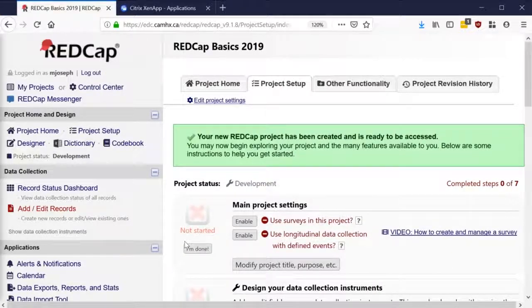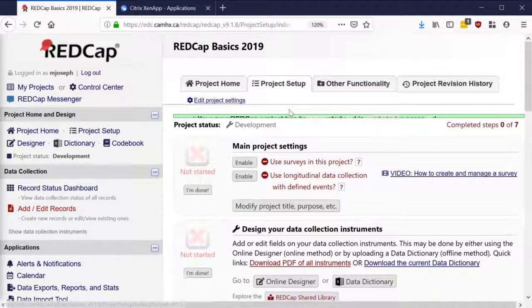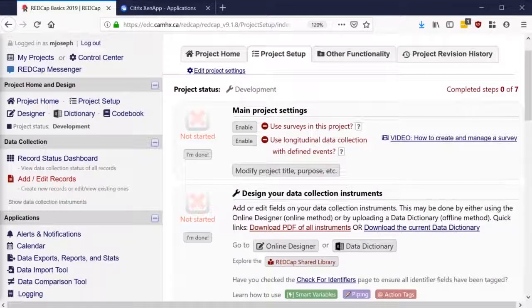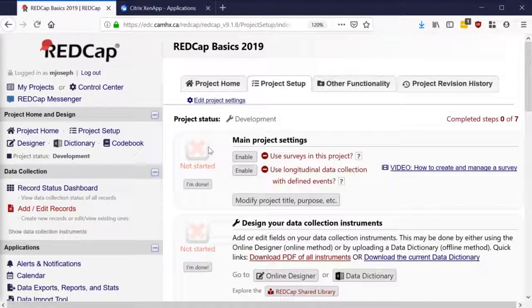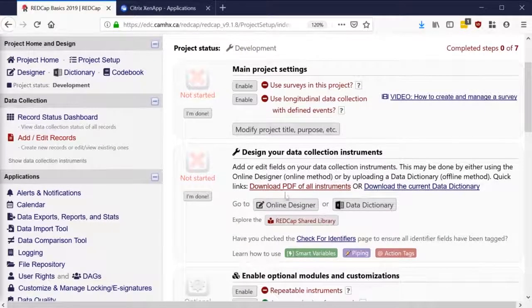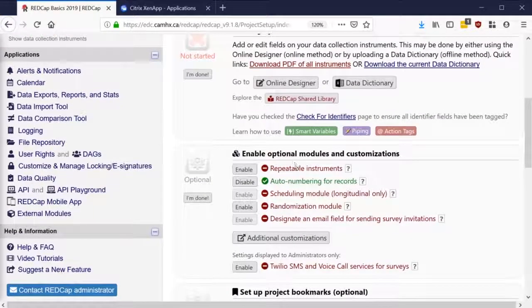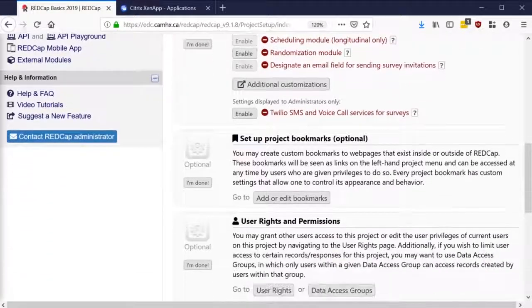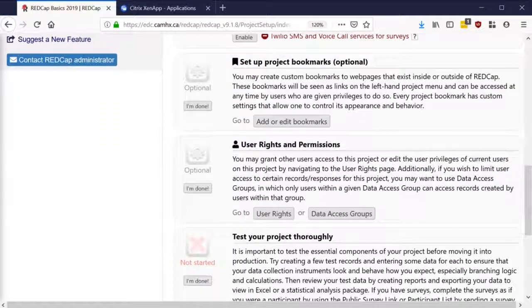So once you've created your project, you'll be automatically redirected to this project setup page. And this page is designed to look like one big checklist of things that we have to get through. You'll see that at each step you can click I'm done and a checkbox appears. So we have our main project settings. These are things like whether you want to use surveys in your project or collect longitudinal data. Then there's designing our actual forms that we're interested in, some optional modules and customizations, setting up project bookmarks, assigning user rights and permissions to any colleagues who will also be working on the project,